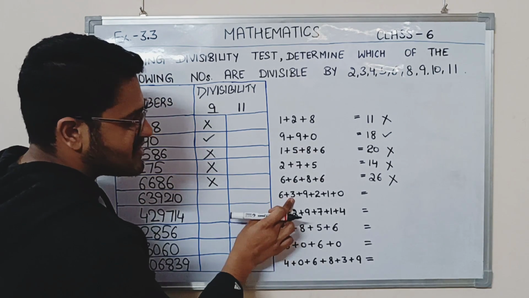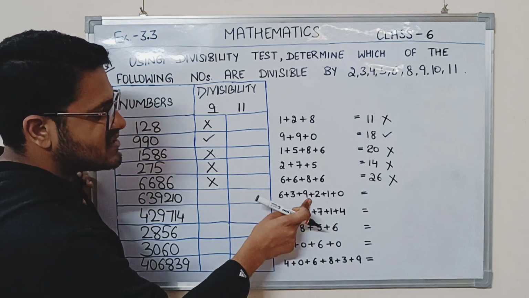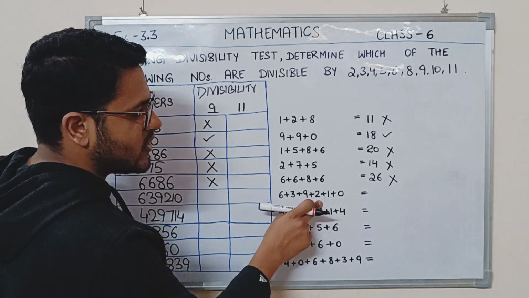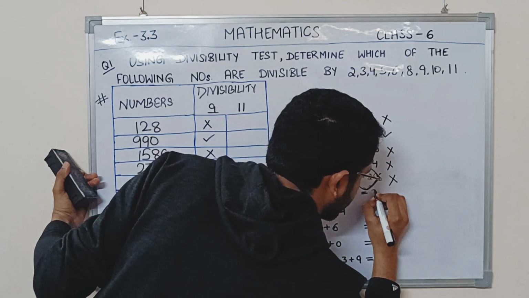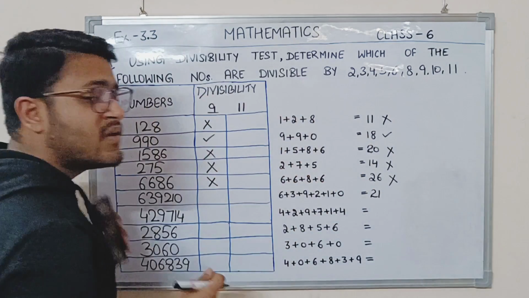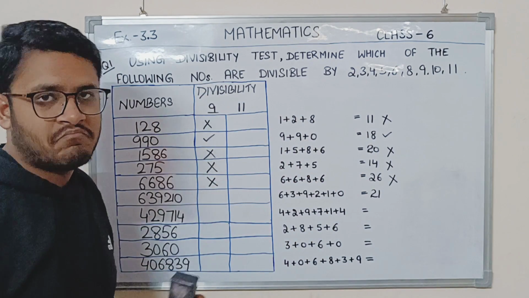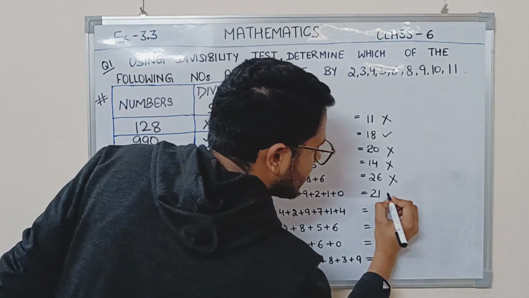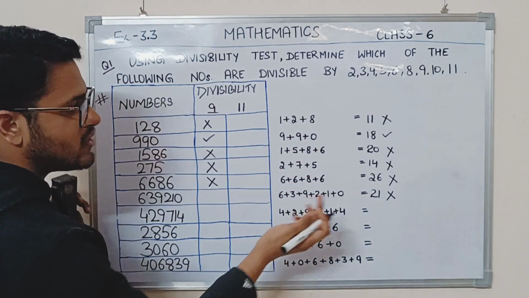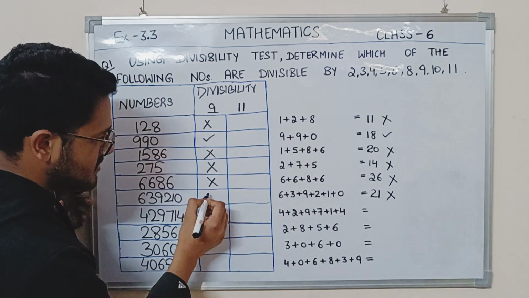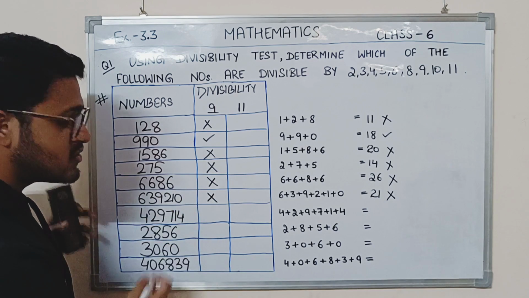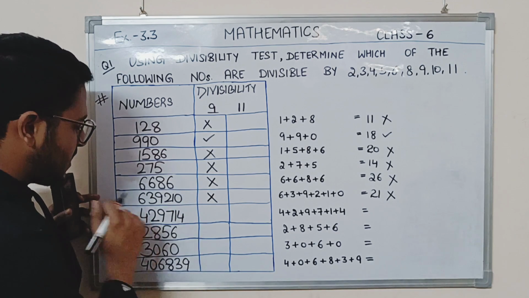639,210. 6 plus 3 is 9. 9 plus 9, 18. 18 plus 2, 20. And 1, 21. Now, tell me if 21 is divisible by 9. No, right? 9 twos are 18 and 9 threes are 27. So, if this is not divisible by 9, then this whole number is also not divisible by 9. Next,